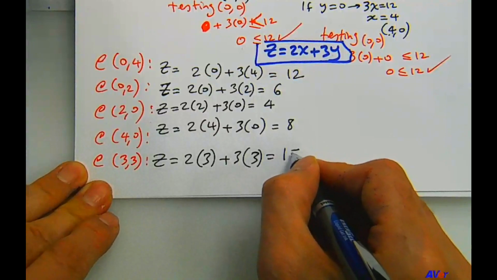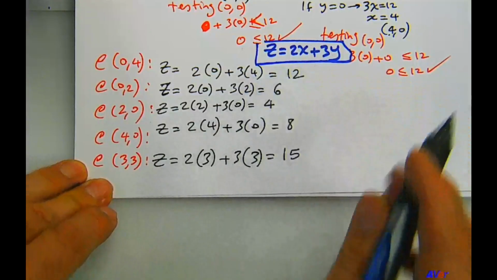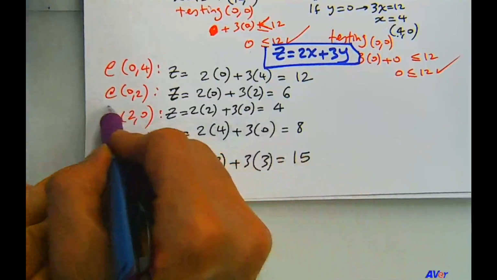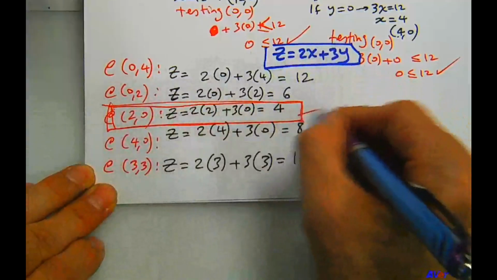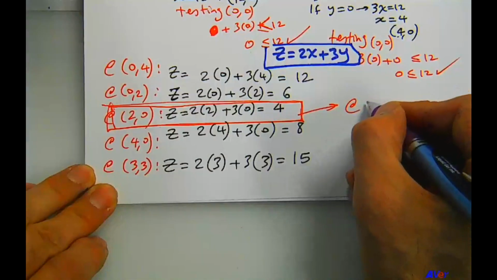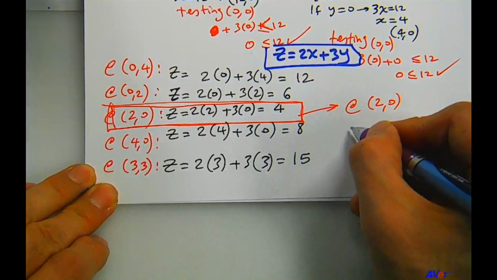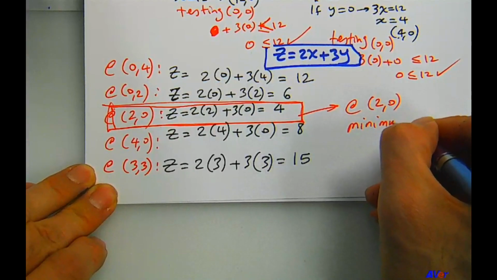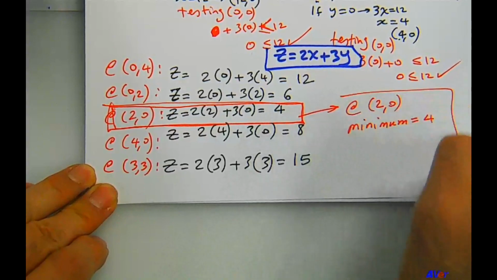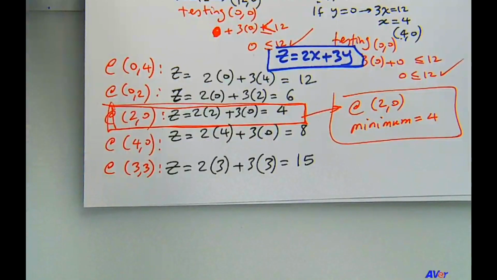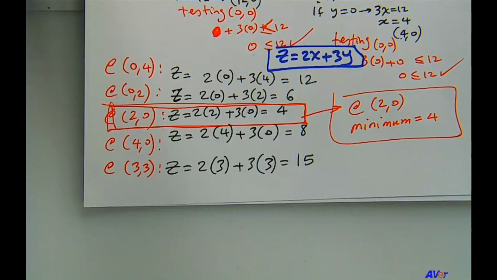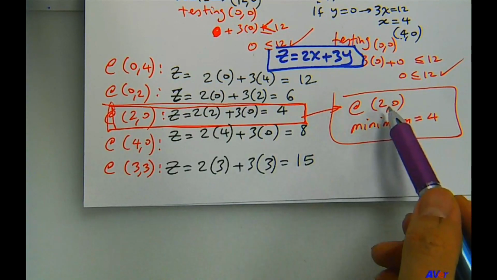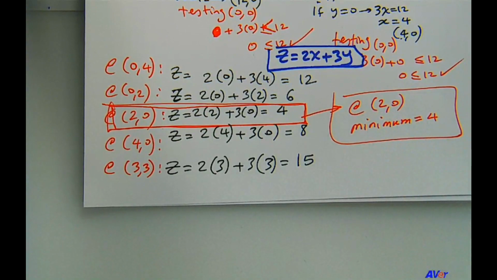we get 15. So we're looking for the minimum point. It's certainly that one, right? That's the point of minimum. So at (2, 0), there is a minimum value equal to 4. If they ask you what's the maximum or the minimum value, you say 4. If they ask which corner point, where does this minimum happen, you give the coordinates,